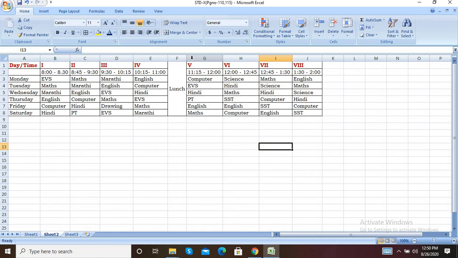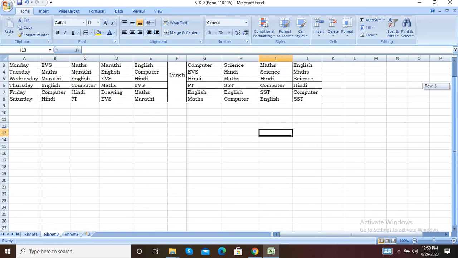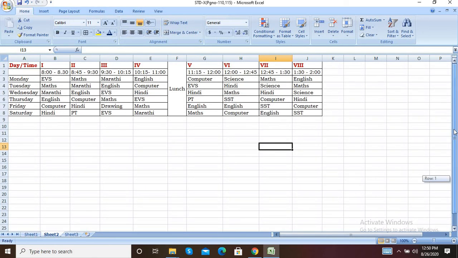If you have long rows or columns of data that extend beyond the viewable area of the sheet, you can freeze some rows or columns or both, which allows you to see the frozen columns or rows as you scroll through the rest of the data. Means what? If your data is very huge, and you scroll down, your heading will go away. So you have to maintain that heading, then this freeze option will be applied.